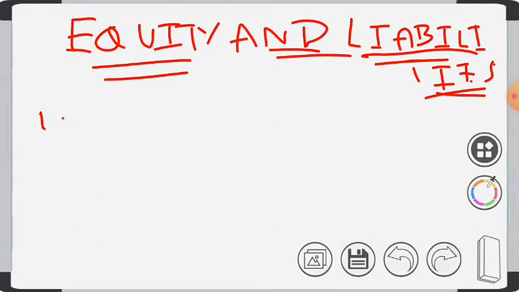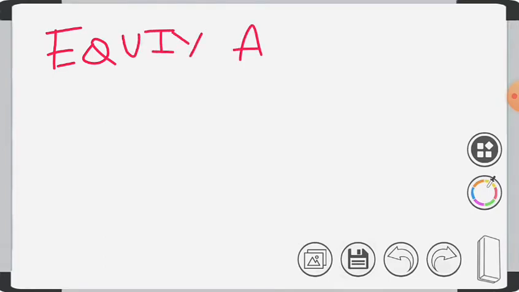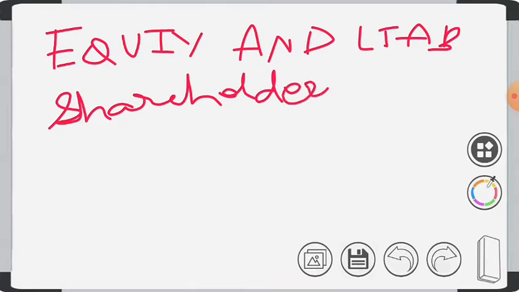Under that, first point would be, let me write it again, equity and liabilities. In that, the first point would be shareholders funds,